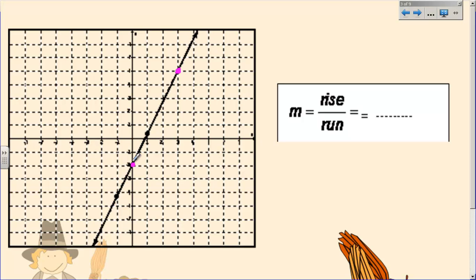And like I told you, we're going to draw a right angle. So I'm going to draw up and over, so I have made a right angle. And to find my rise,